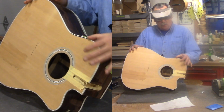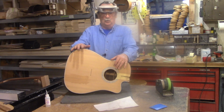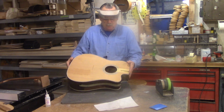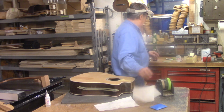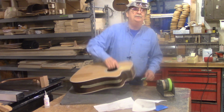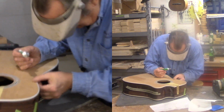Alright? Now, why will I want to use Duco on that repair? Well, Duco does work very, very well, and it's just a different technique that I want to show you over the super glue. Now, I don't have to worry about using thin tape because I have a little bit of working time before it will damage the finish. So I take my acetate, my Duco,